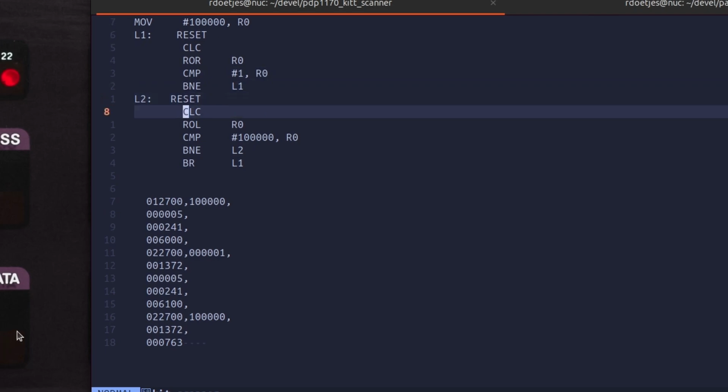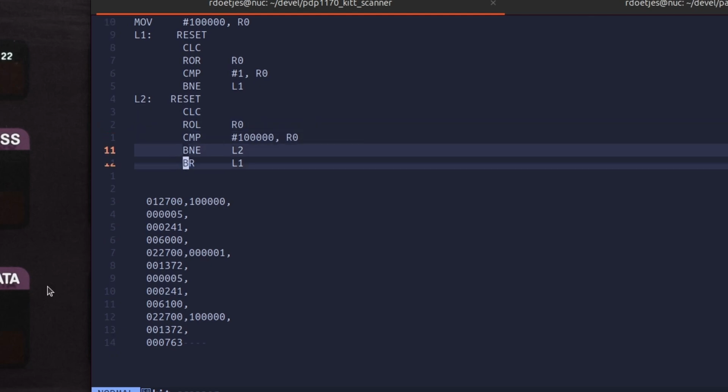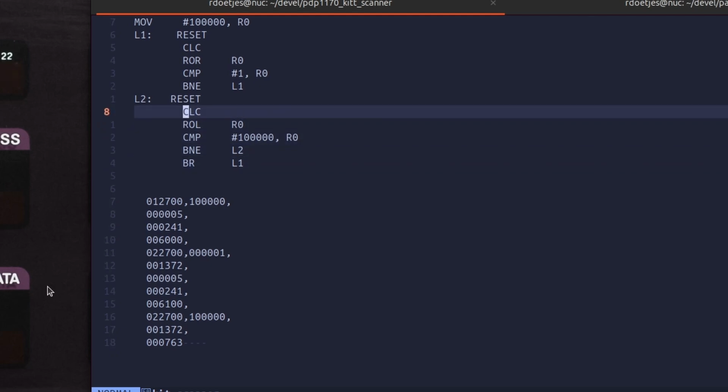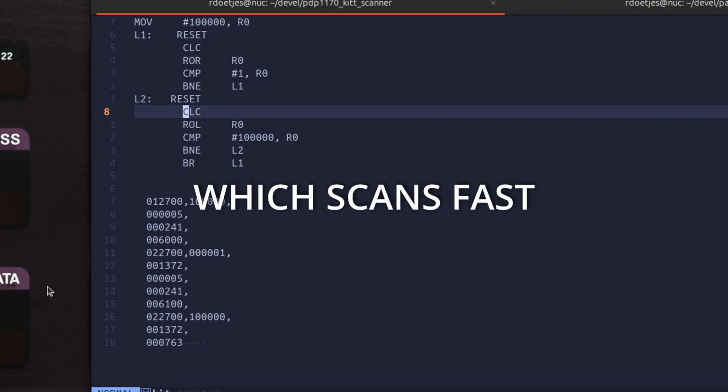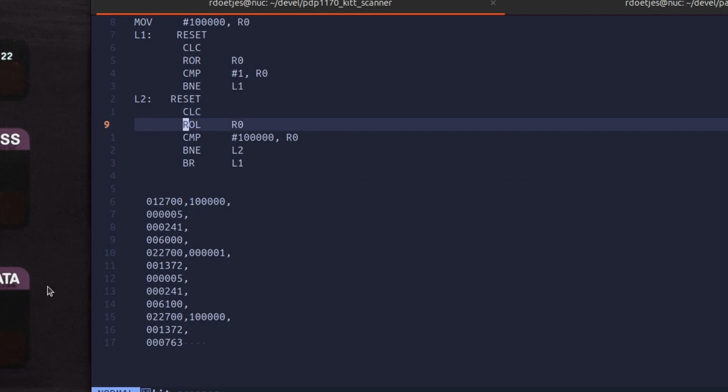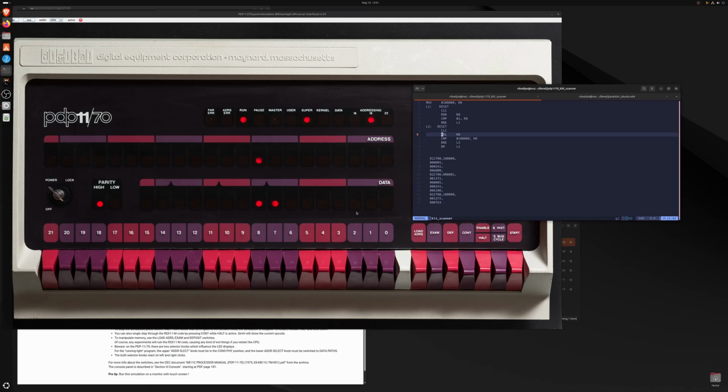We do the clear carry again. In this case, it's not needed because we don't set the carry here. But it made it a bit easier to enter because then it's symmetrical. And it's not really in the way, that's 9 microseconds. We can do with a lot more slowdown to actually see what we want, because we have an angry KITT scanner. And then we rotate up, so we go there, there, there, there, there each time we call, and we